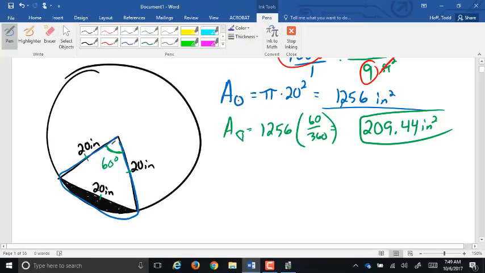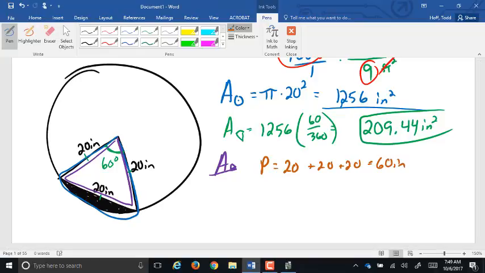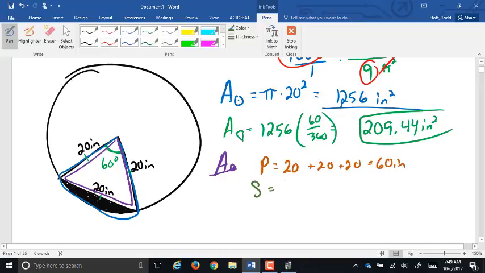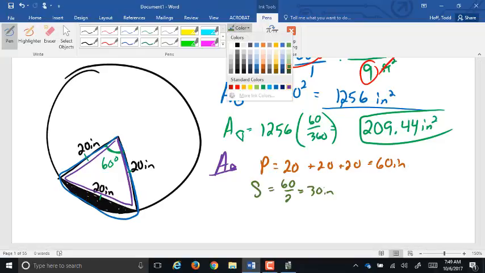Next, we have to find the area of that triangle so we can subtract. To find that, we're going to have to find the perimeter because we don't have any height or anything like that. We don't have any perpendicular dimensions. So our perimeter is 20 plus 20 plus 20, or 60 inches. Then we find our semi-perimeter, which is 60 over 2, or 30 inches. And then our area